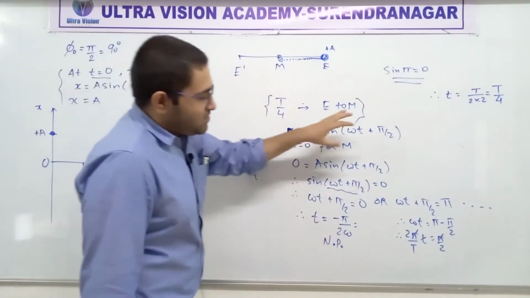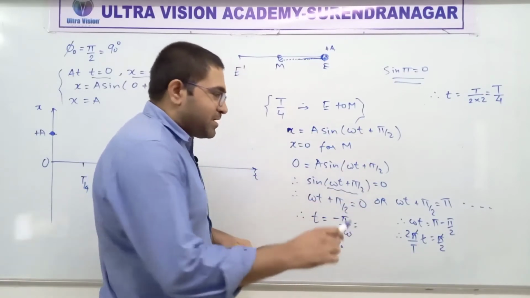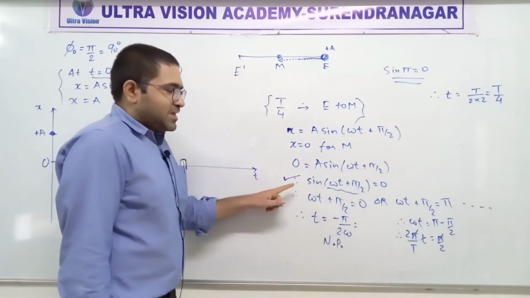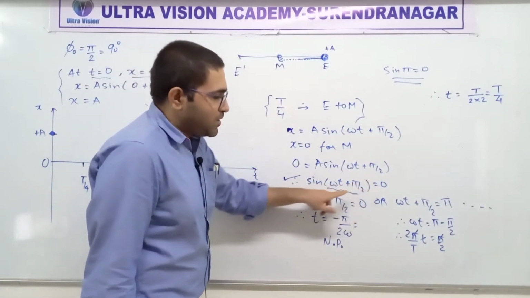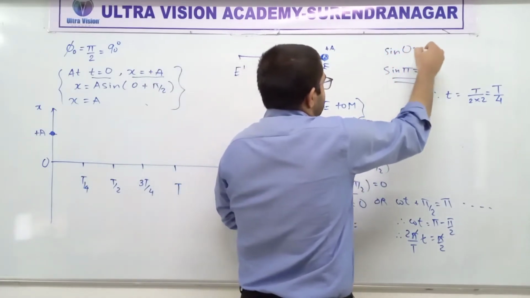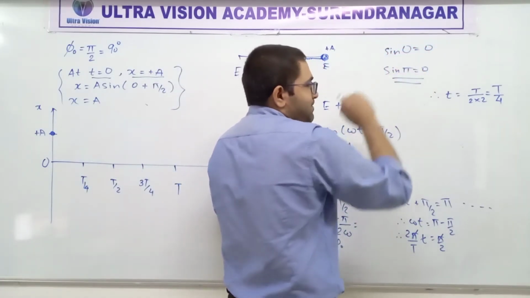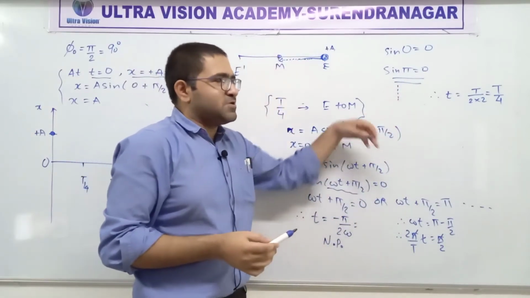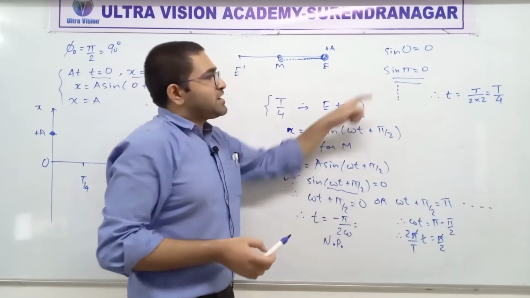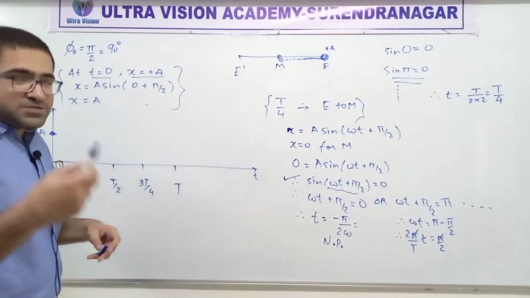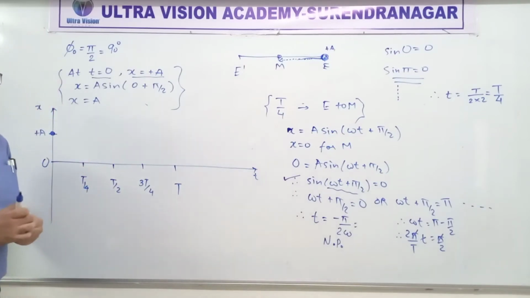Again, we have done all this based on trigonometry knowledge. I am making it very clear. From here, sine of something is 0. So what is this something? This something can be 0, as you can see. It can be pi. There are more answers possible, but we are really only interested in these. We don't have to worry about the other ones. Sine 0 is 0, sine pi is also 0, right? Unit circle, that's your friend, remember. Sine 180 degrees. So coming to this graph now.